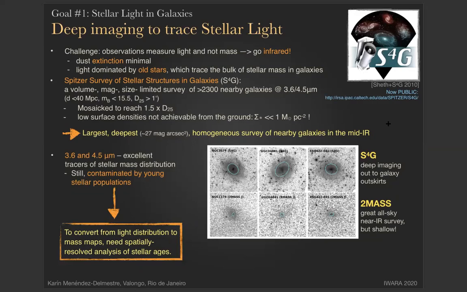So this was the broad context that I presented to you, but now the direct objectives, the goals that we have. First, we need to get a very loyal view of stellar light in galaxies. So we need deep imaging to trace stellar light. And the best region in the electromagnetic spectrum to look at stellar light in galaxies, even in regions where there's a lot of dust, where optical imagery really fails at letting us know where stars are located,